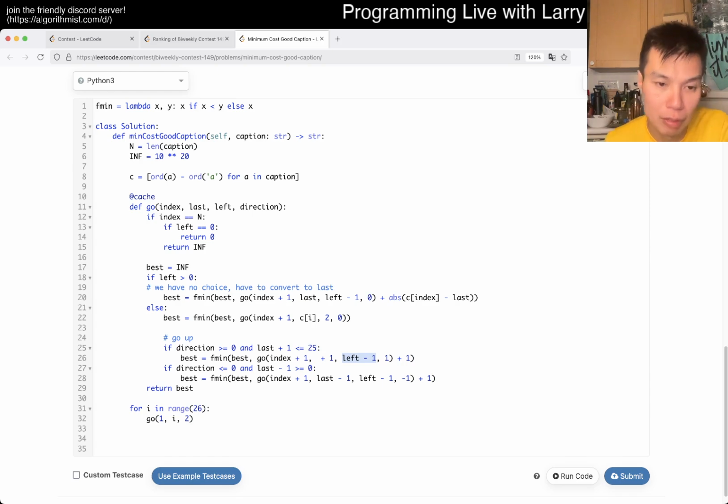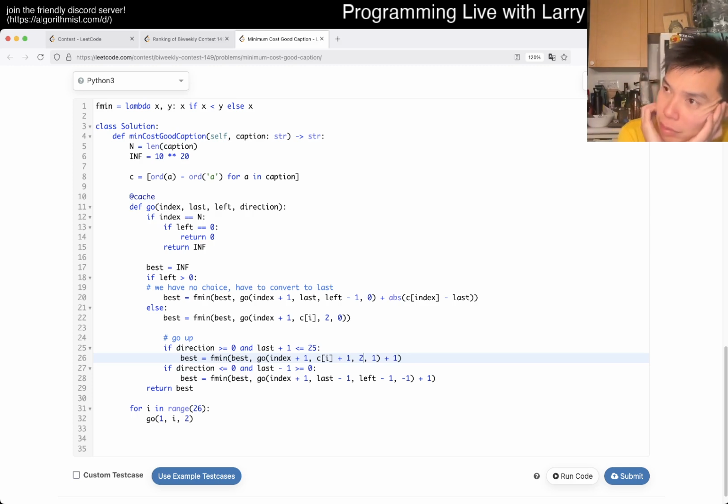Okay, no, this is way wrong. But okay. Convert to last, okay. Otherwise we start our own thing. This part is fine. But you also want to brute force going up. Right? But we want to do it in a way such that